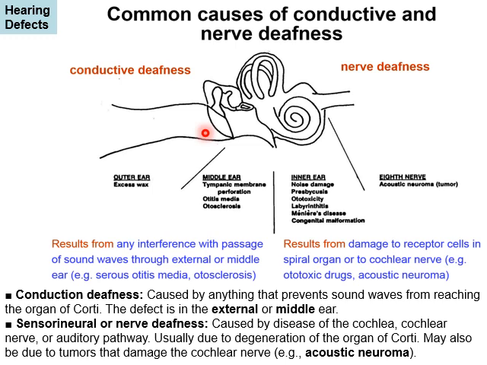In regards to nerve deafness, on the other hand, nerve deafness or sensorineural deafness is caused by disease affecting the cochlea, the cochlear nerve, or the auditory pathway. Usually, it happens due to damage or degeneration of the organ of Corti in the cochlea. But it could be due to a tumor, for example, a tumor affecting the eighth cranial nerve, the cochlear nerve, like acoustic neuroma or schwannoma. It can affect the eighth cranial nerve and cause nerve deafness. In the inner ear, there are many things that cause damage. For example,